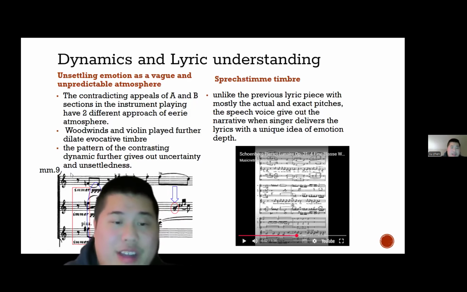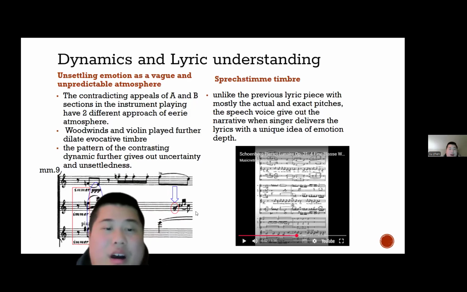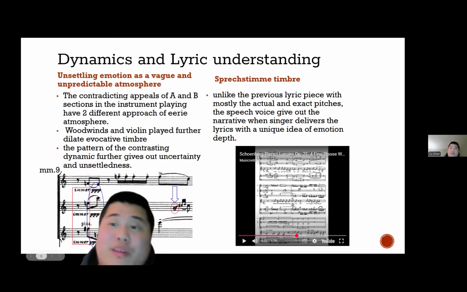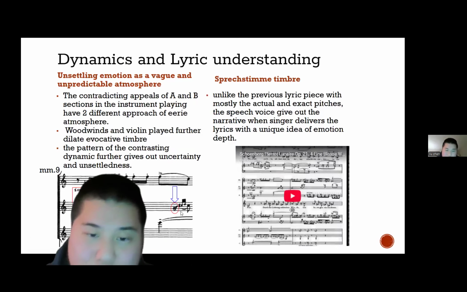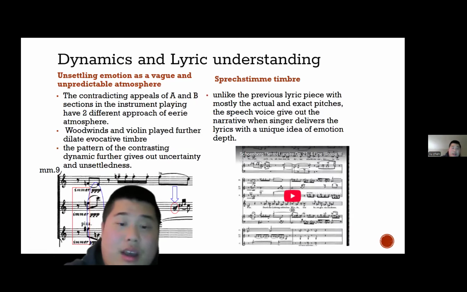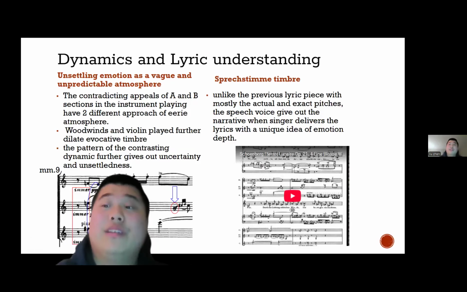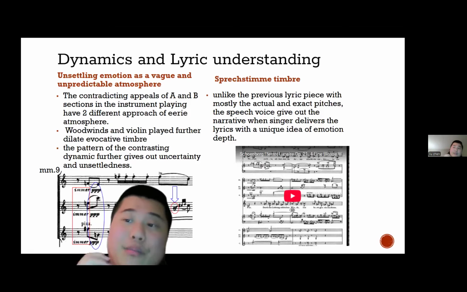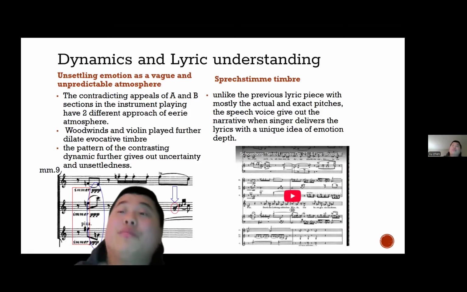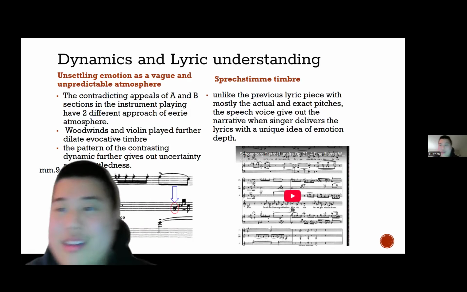If we proceed to the unsettling motion, that explains why. If we look at measure 9 again, we can see there are three different elements of dynamics. Immer means to be consistent in the vagueness of this piece, and triple piano means to play very soft. What I want to pinpoint afterwards is the hairpin here on this line, which gives a fluctuation, the unsettledness and unpredictableness. I think this goes back to what Schoenberg wants to mimic about the pale washerwoman, where the action of that washerwoman is unpredictable. So I think this is very interesting.